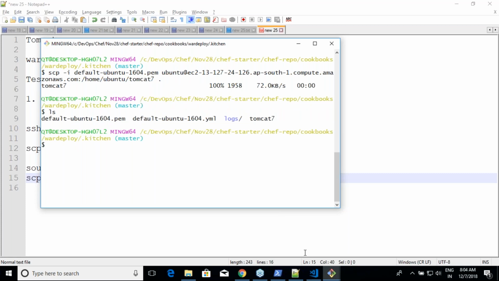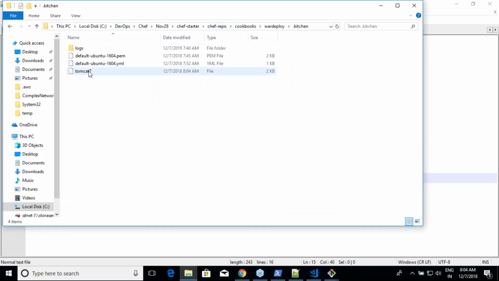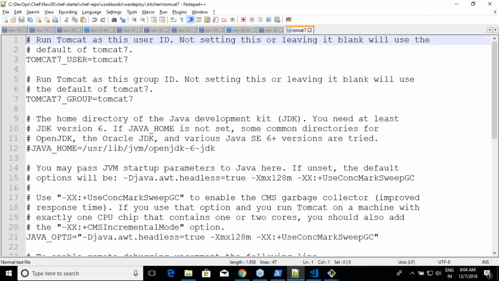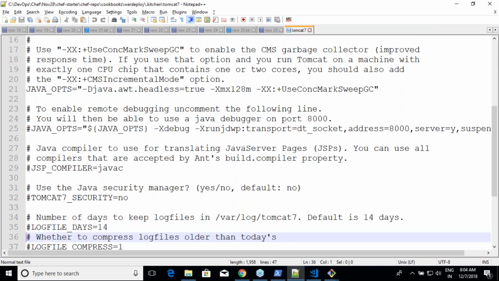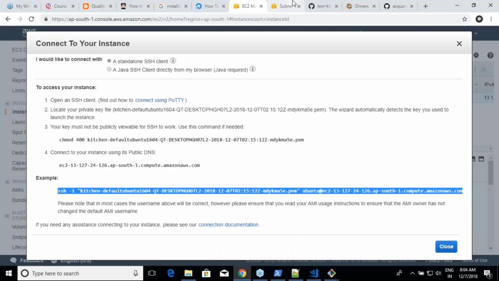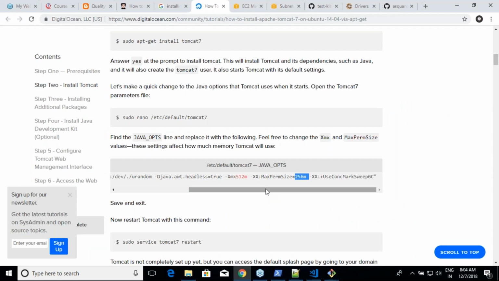Okay, now let me open this tomcat7 file in Notepad. It shows that these are the Tomcat 7 details. And over here, what he tries to tell me, if I go to the documentation, is to find the JAVA_OPTS line and feel free to change the Xmx value.